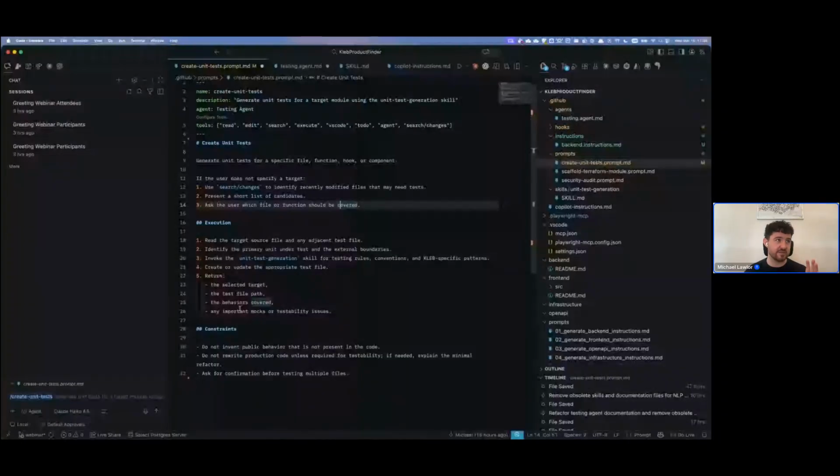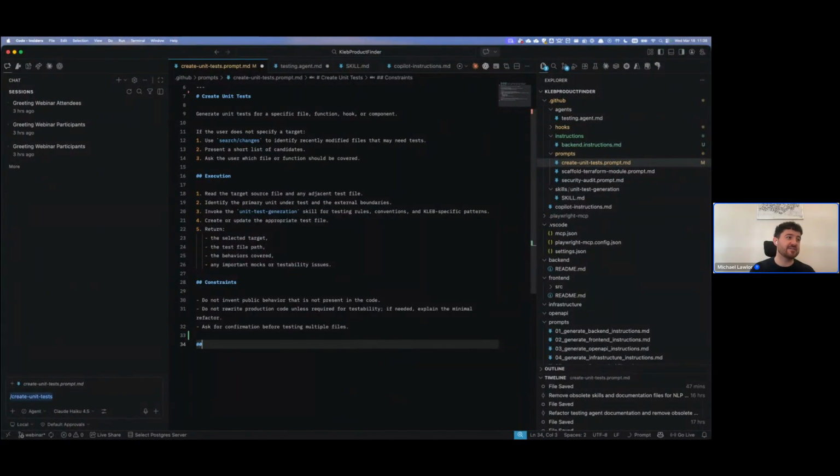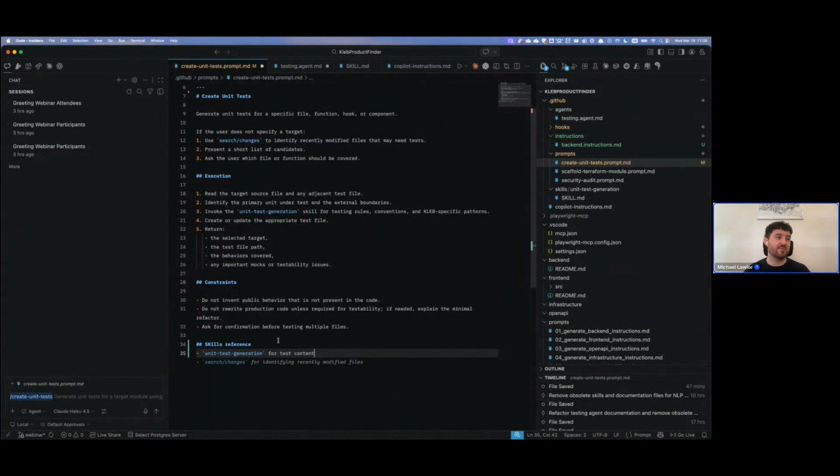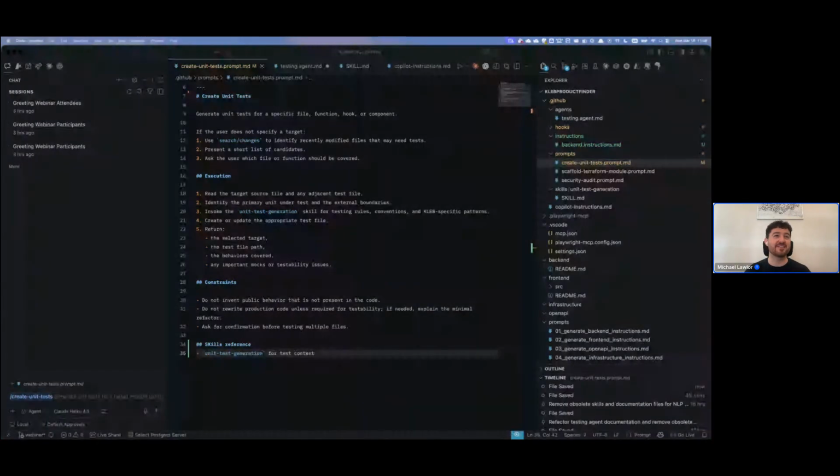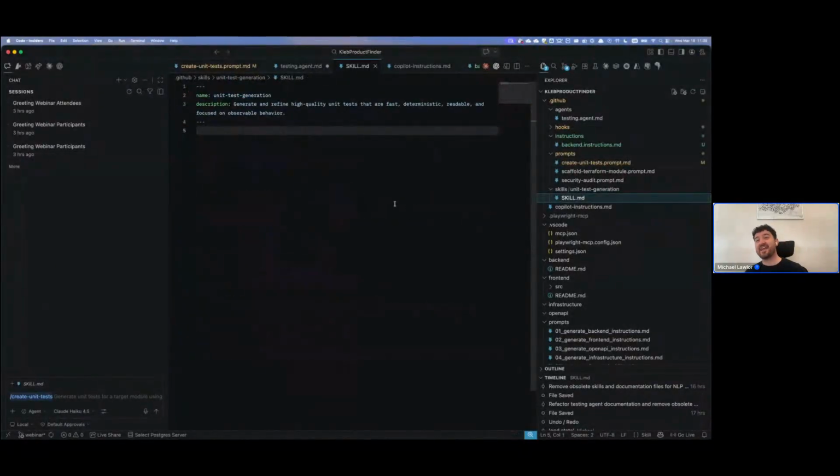This is like super simple. And in the end, actually, we'll come back to it, but another little teaser is skills reference. And then we're going to use unit test generation. And like I mentioned, skills are encapsulated logic for what we will do. And so where do we move to next? Move to the skills MD, which is again, just another document, just another markdown, and just as tedious to build. But once you build them, they're there, and you can offload it with just this prompt to generate unit tests